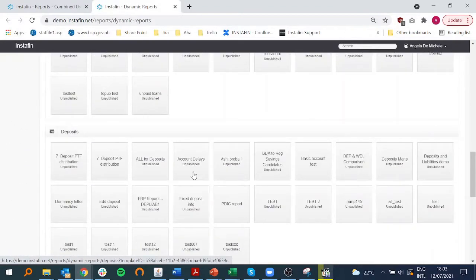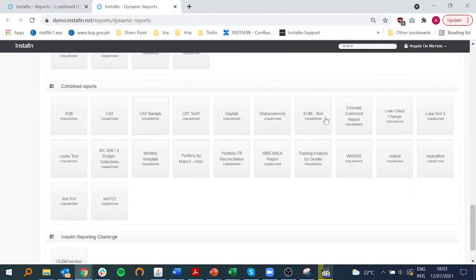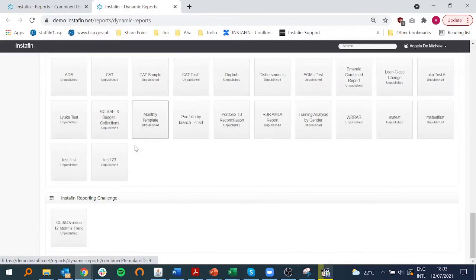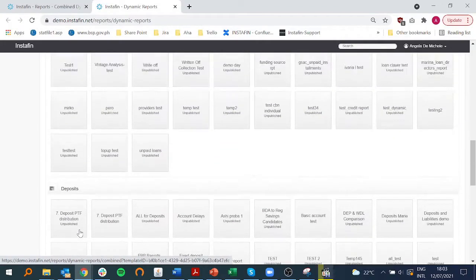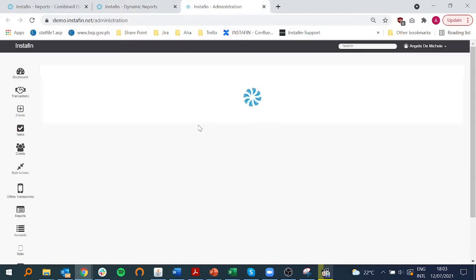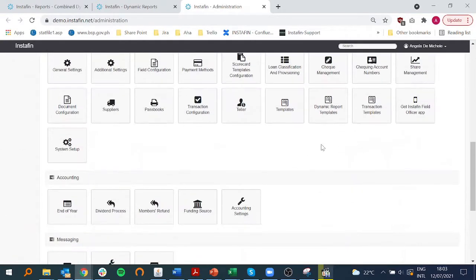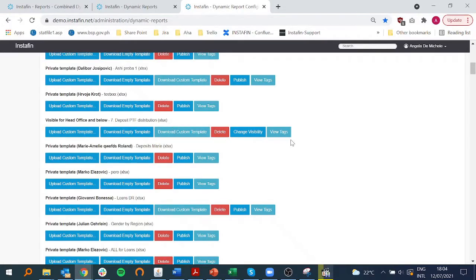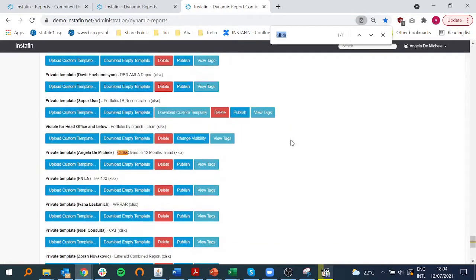And you're going to see that here you have all the pre-existing combined reports listed all together in alphabetical order. And here we have our report that we just created, which is still unpublished. So how do we publish it? Here we go. We have to go to Administration, Dynamic Report Templates, and we search for our report, OLB and overdue 12 months trend, and we make sure that